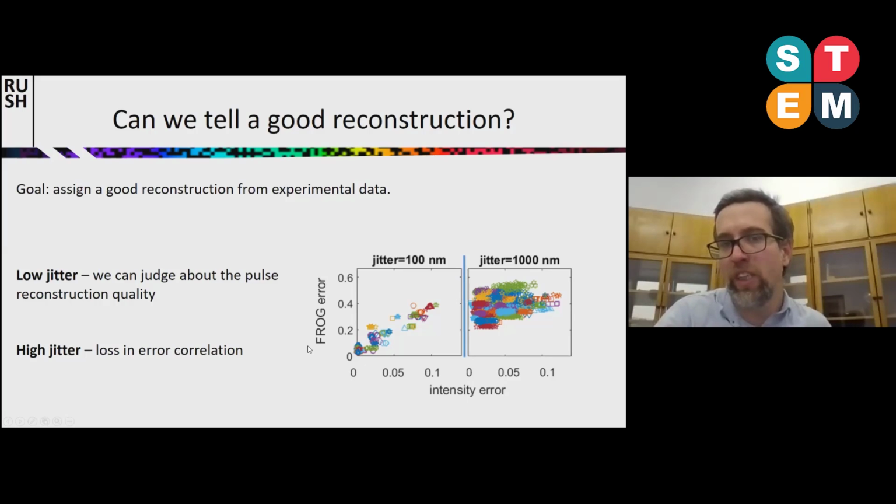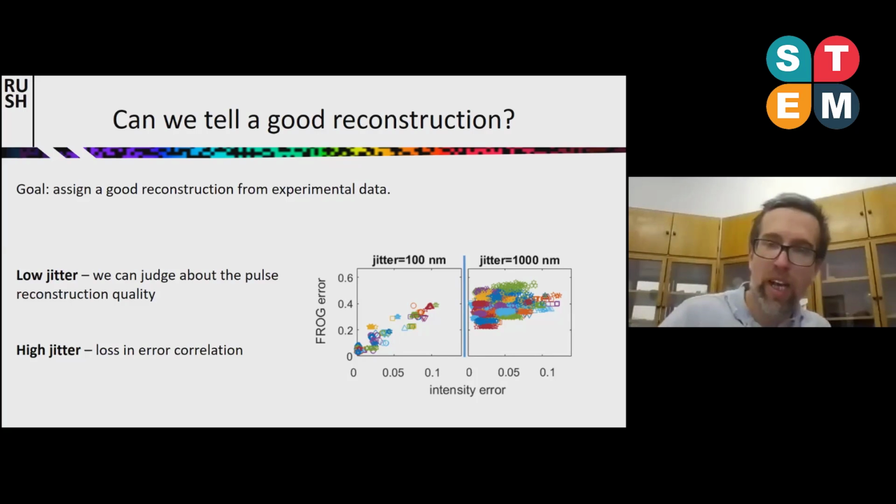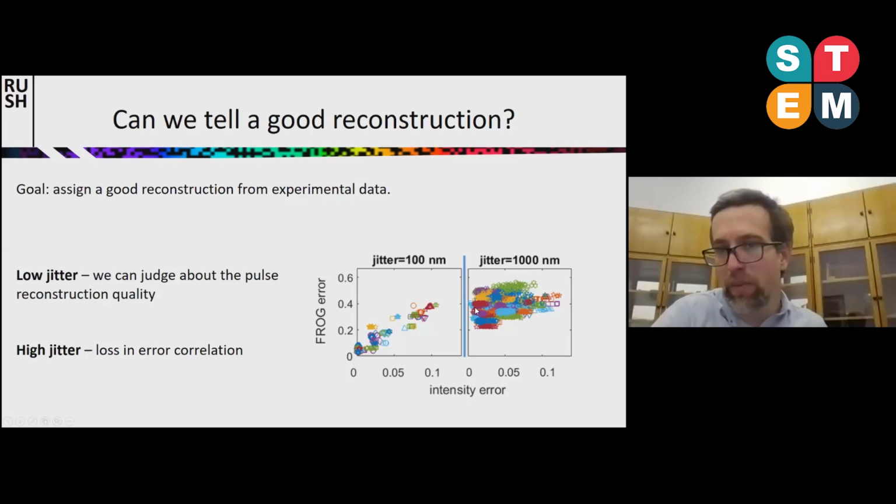If you know this error, you have information about this one as well, which is good news. And now we can go to the opposite case. So we have a case where the delay line tries to reach the position, but stays somewhere within 1 micron, or with standard deviation 1 micron, away from the ideal case. And we see that in this case, we get sometimes very good reconstruction, this intensity error.